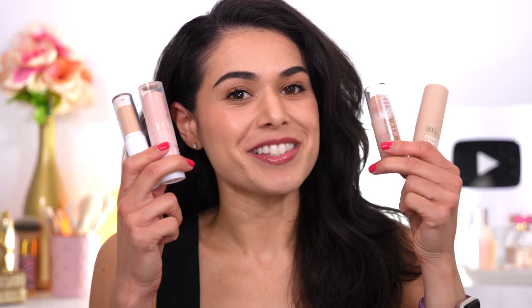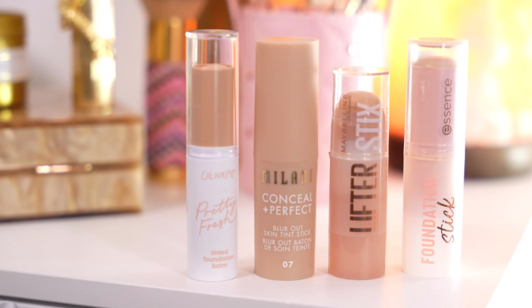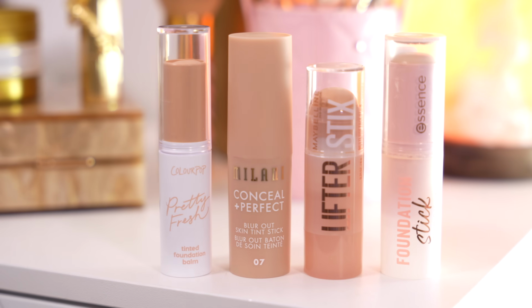Friends, we have a new trending makeup product that every brand seems to be trying to rush to put out their version of, and that is the foundation stick. Now, twist-up cream foundations are nothing new. In fact, over the years, there have been a few that I've loved and used regularly, but I've definitely been